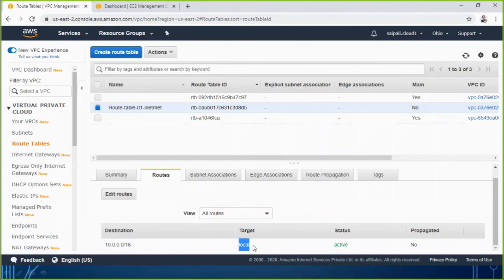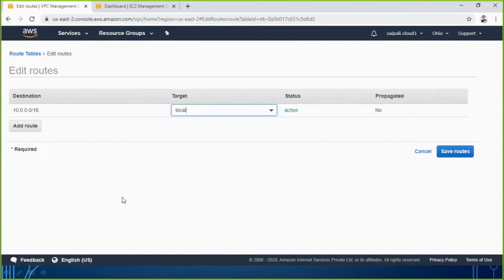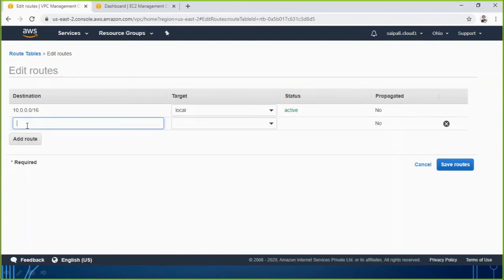which is local, meaning that for all computers whose range starts with 10.0, it will be able to communicate with them with the target of local. But it has no option to go to the internet, but we are making this route table to go to the internet. So because of that I am going to click on edit routes. One is already there for the local network, so I am going to add one more,